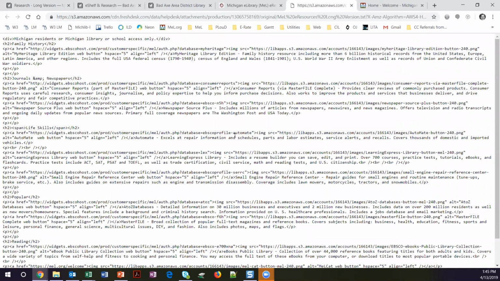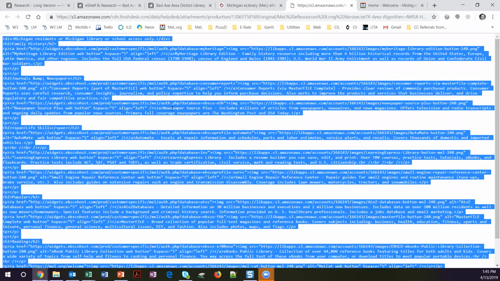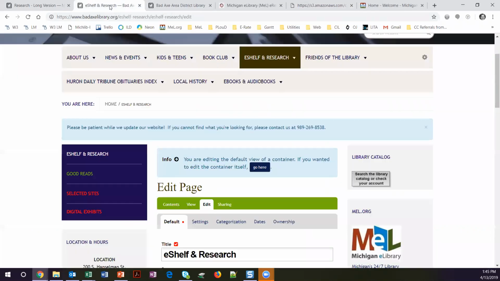We now are presented with a page of HTML code. I'm going to put my cursor in the middle of the page, Control A to select all of it, and then Control C to copy it. I'm now going to go back to the Bad Axe District Library site,